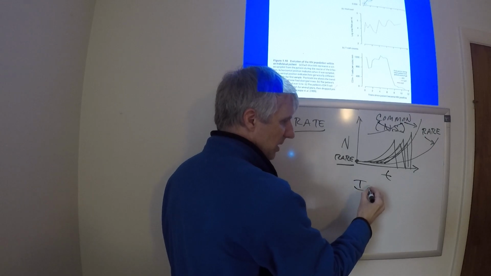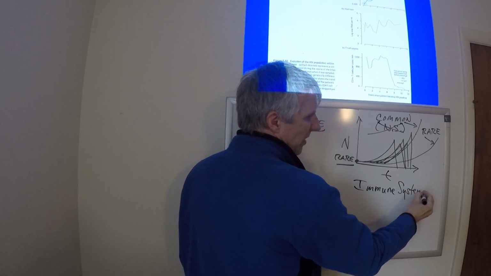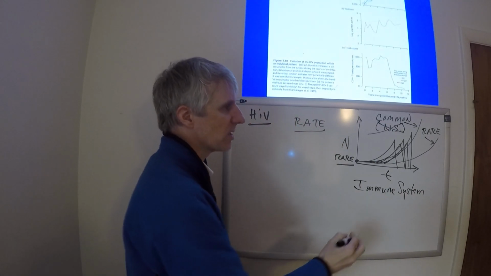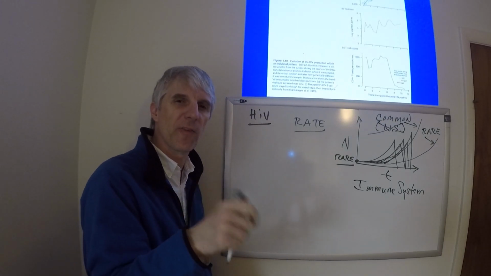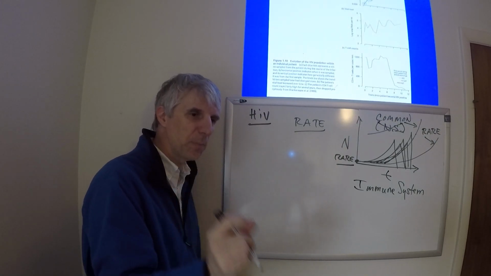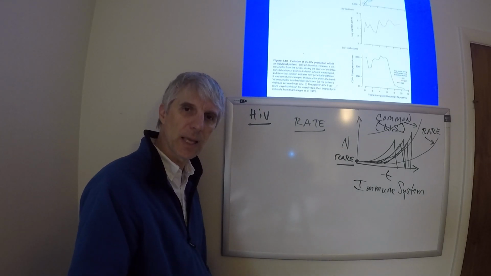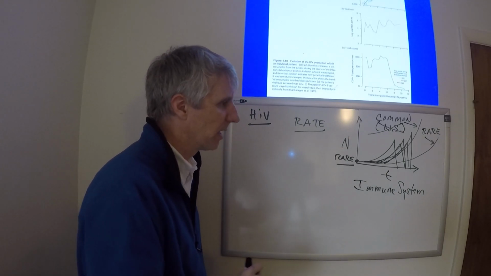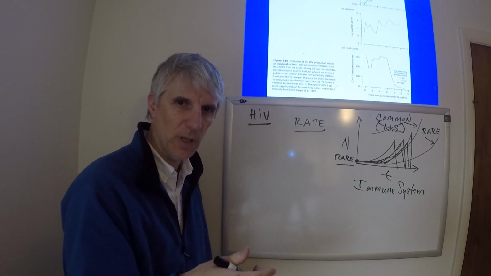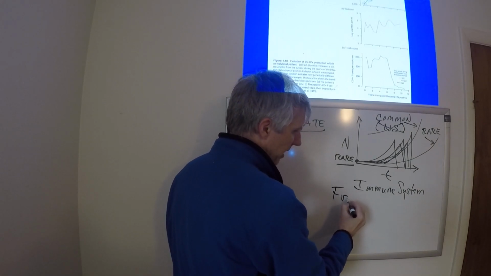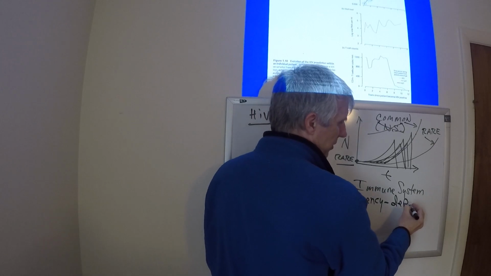Because of the immune system and the way that it works, the immune system is set up to target the common because it's more likely to find them, more likely to pick up a little piece of protein, show it to a B cell, get the antibody that recognizes it, and therefore I have something going on that's different from natural selection. The process that I have going on is called frequency-dependent selection.